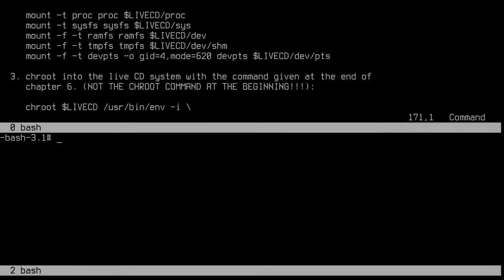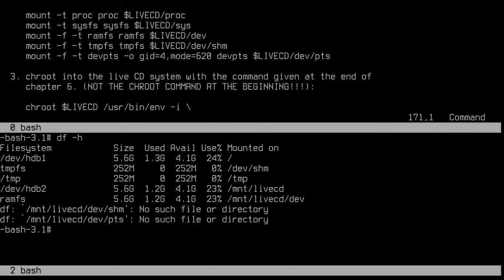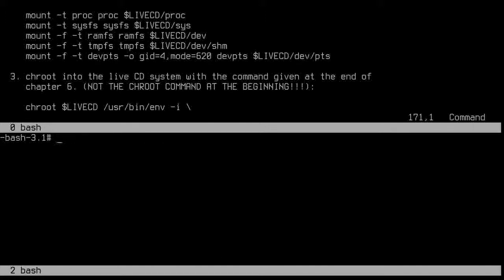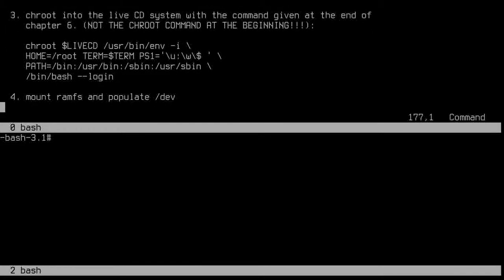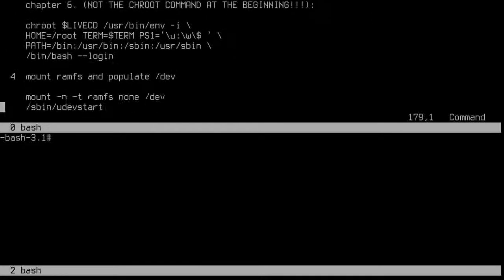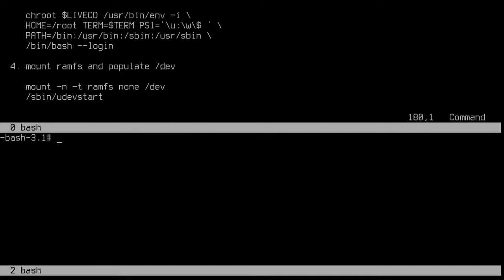Okay. Now, if we run df -h now, you see these two things at the bottom here, we're going to get some weird errors on. That's going to change soon after we get into the LFS environment, soon after chroot. Okay, so let's chroot now. Let's say chroot $LFS /usr/bin/env -i